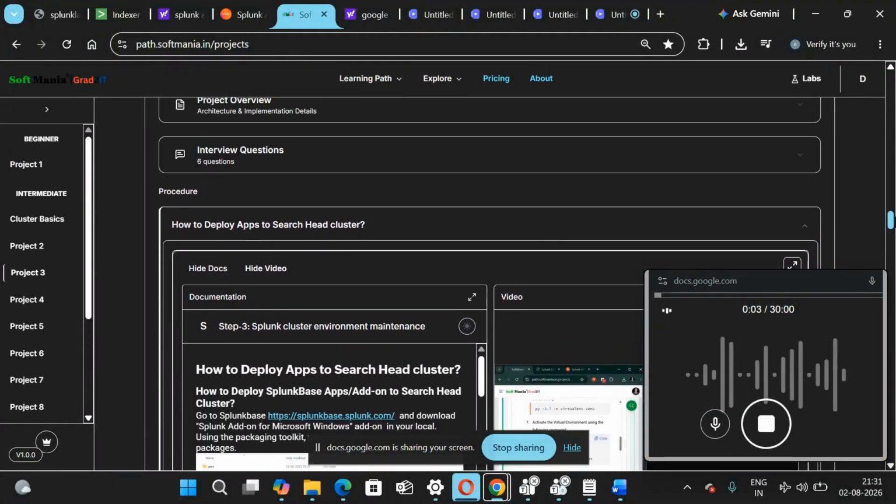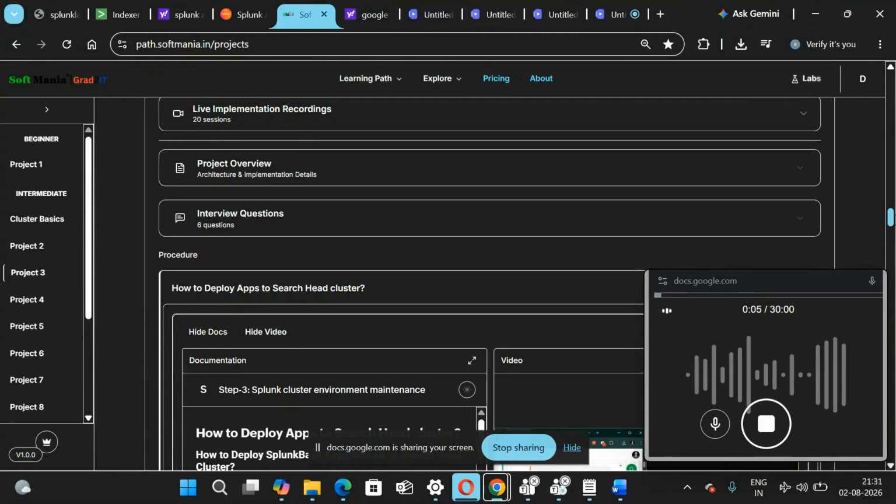So we'll start with project 3, and we'll give the overview of what this project is about. Basically, in this project we are showcasing how we are deploying apps in the search head cluster, or how we are deploying apps on the universal forwarder or indexer cluster. Basically, when you have a cluster environment, how do we deploy the apps or configuration, this is showing